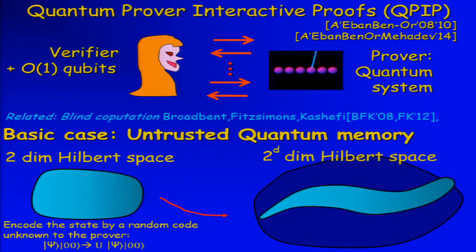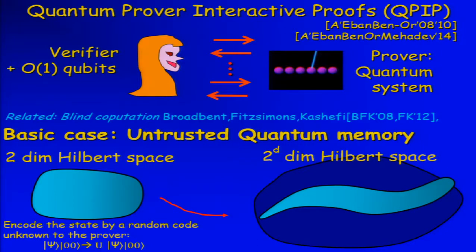Say, for example, just for the sake of this description, take psi and two more qubits in the state 0, 0 and apply some random unitary. So this maps this two-dimensional space into a random two-dimensional space. And now, when you get the state back, you can just test that the state really belongs to the random manifold that you put it in by applying the inverse unitary back and checking that those qubits are really in